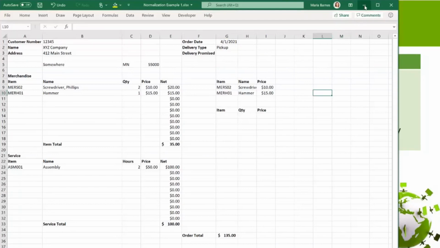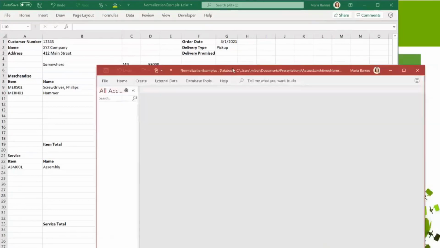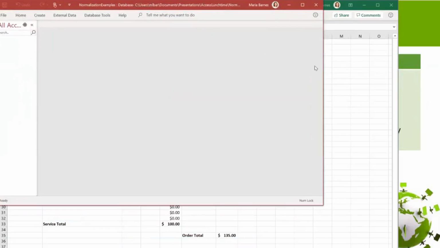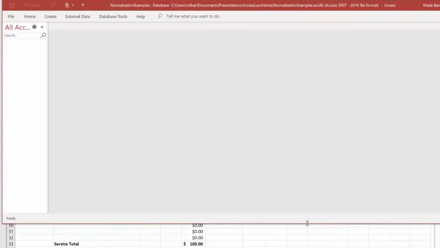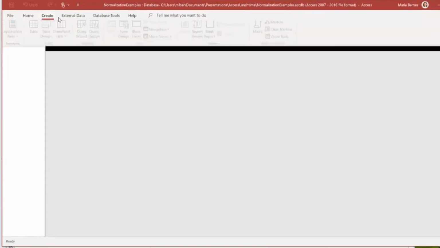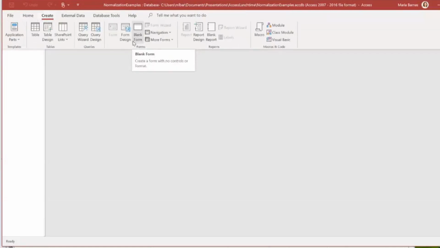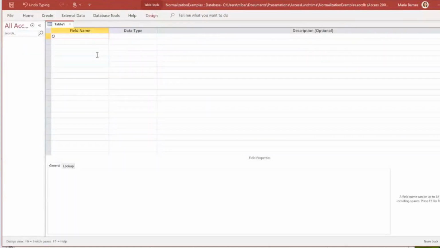So we might talk a little bit about Access also and how we might put some of these things in Access. So let's pull over another. There we go. So let's talk about the example of the order itself and order details and what that normalization looks like in Access. So we're going to go ahead and set up a table, and on it we're going to have the